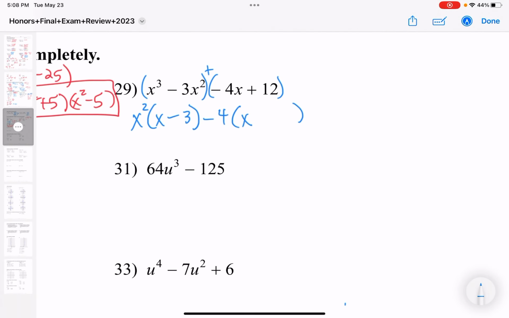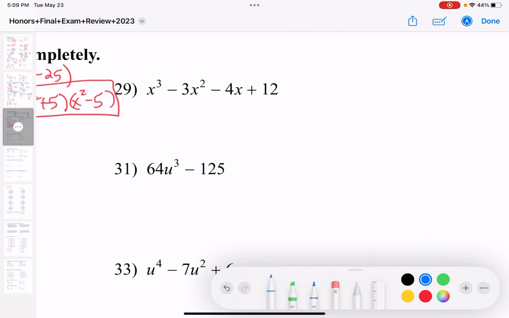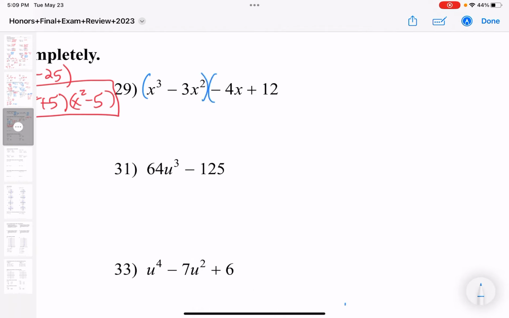Okay, so let's pick up where I left off on number 29. Again, because it's got 4 parts, you're going to put parentheses around the first 2 and the last 2, including that negative. So when I look at the first one,